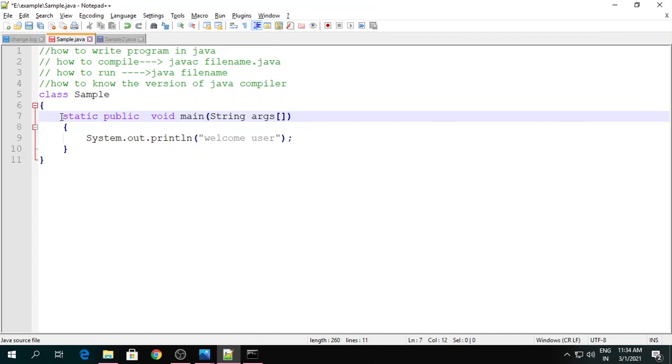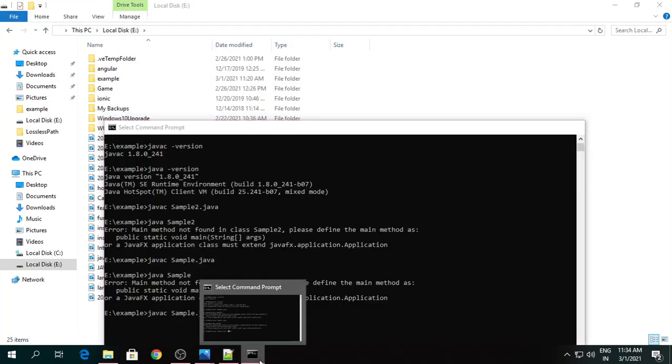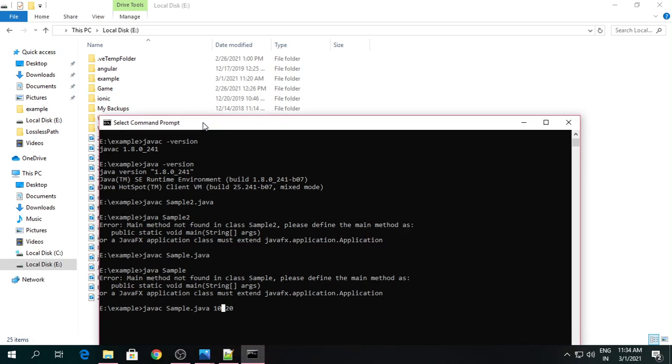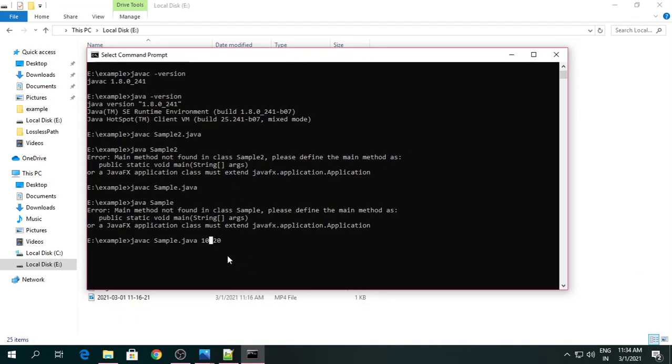Now here I am writing static public. Now let me show you the code. Go to the command prompt and check: javac Sample.java.